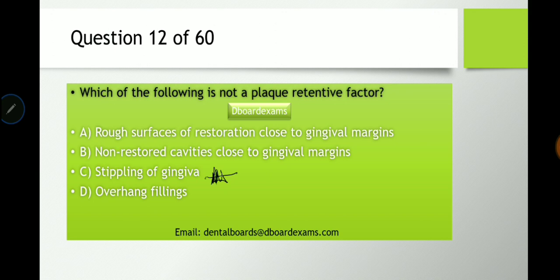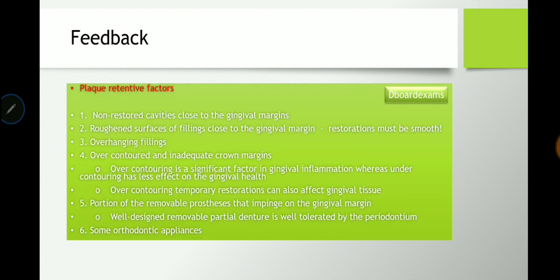That's the answer. C is the answer. So let's look at our feedback here. Plaque retentive factors: you have non-restored cavities close to the gingival margin. You have roughened surfaces or fillings close to the gingival margin. That's the reason you have to smooth your restorations. The overhang,